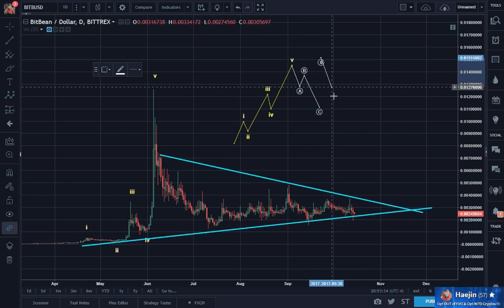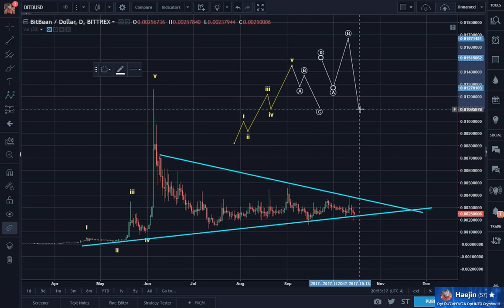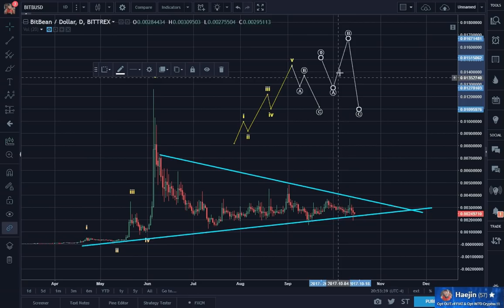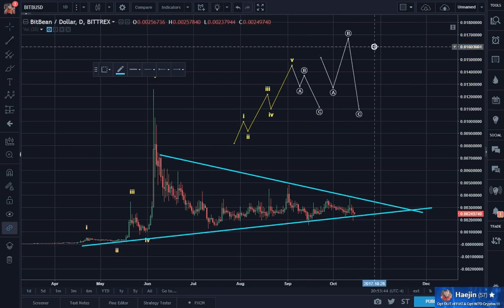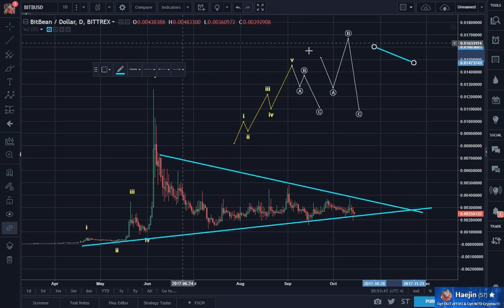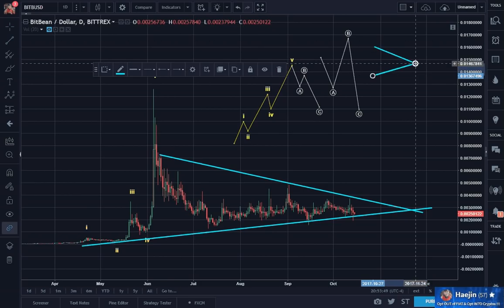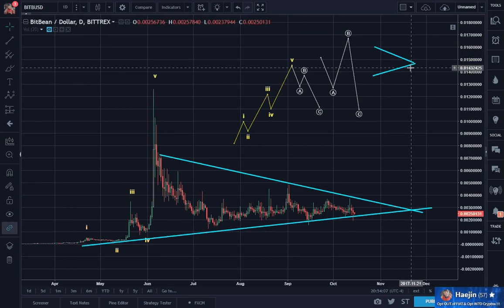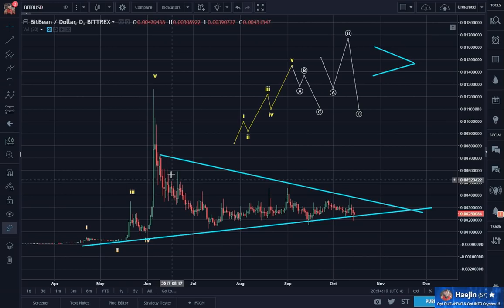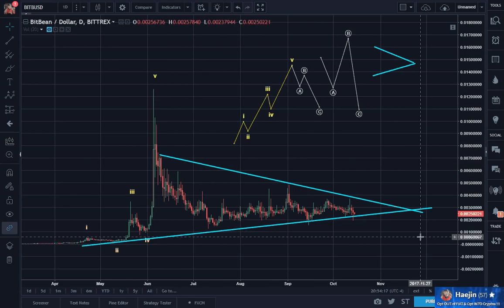The other is called a flat, 3, 3, 5. And the other is called a triangle. That's the third type. So the other one is a triangle type, which is why I'm drawing this triangle here. So all the ABC I drew could be now lifted out, and let's look at the pattern.